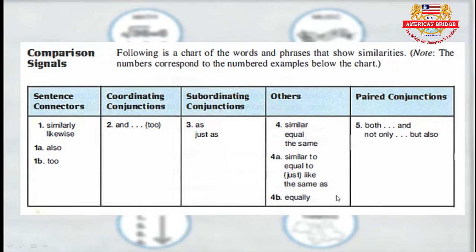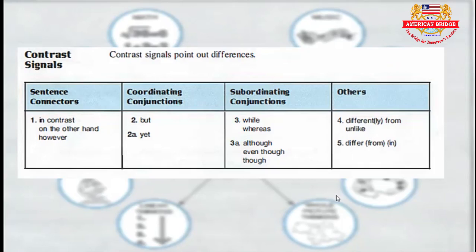So this is some guideline for you, everyone. If you want to improve your writing, you can use those words to apply. The next one, teacher would like you to see about contrast signals, which point out differences. Normally, in a contrast paragraph, they compare two things that are different in some way.